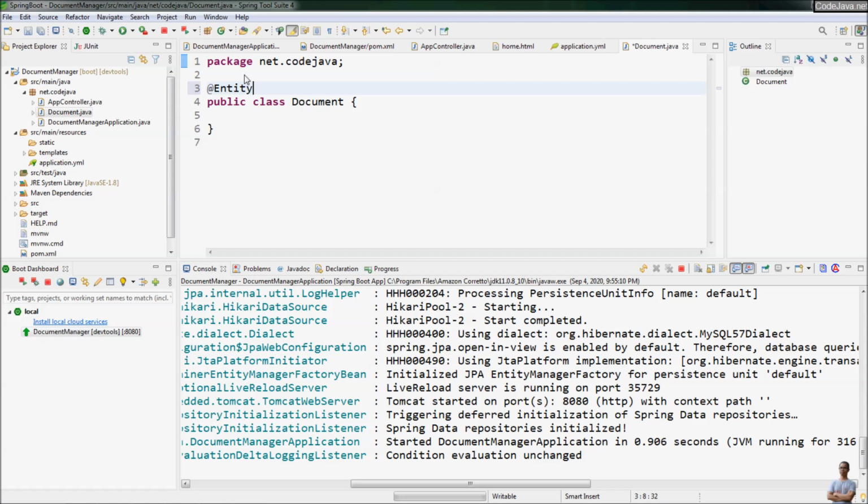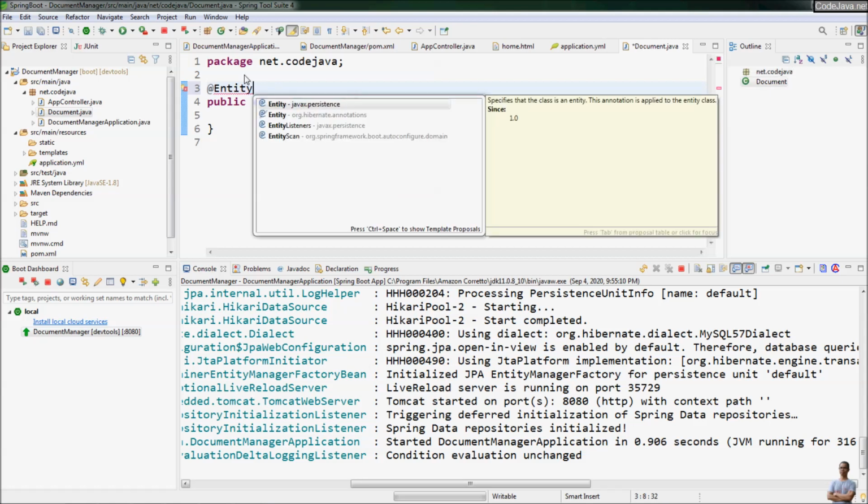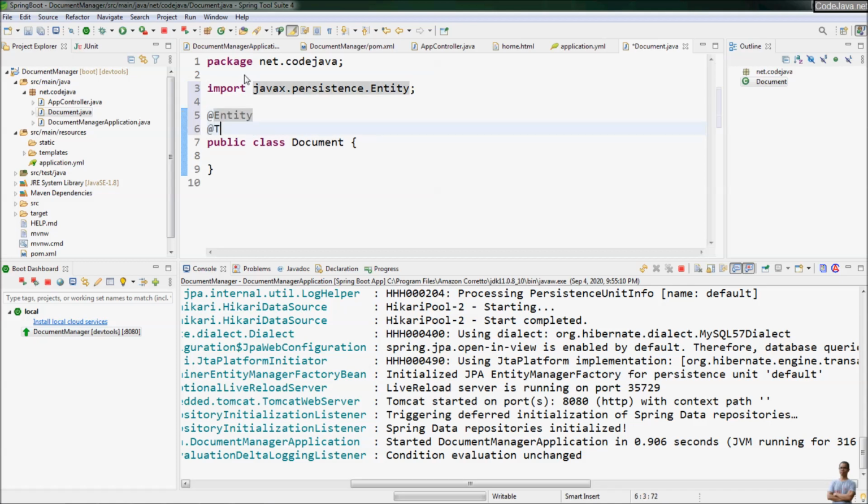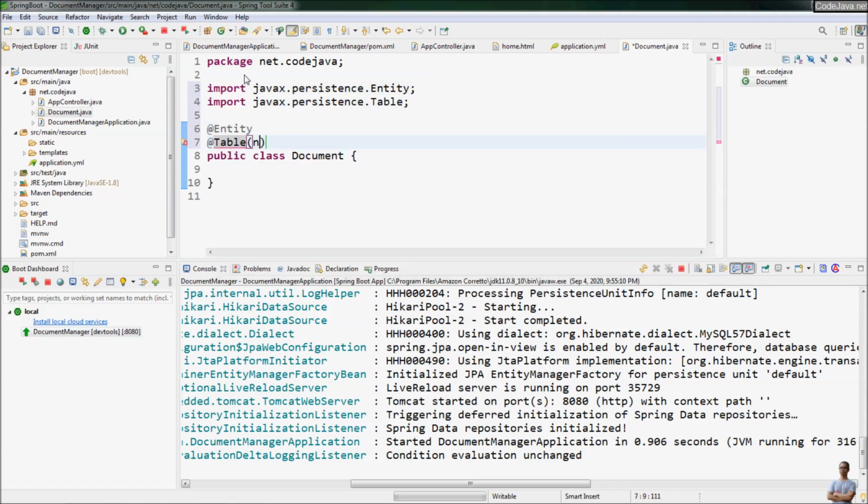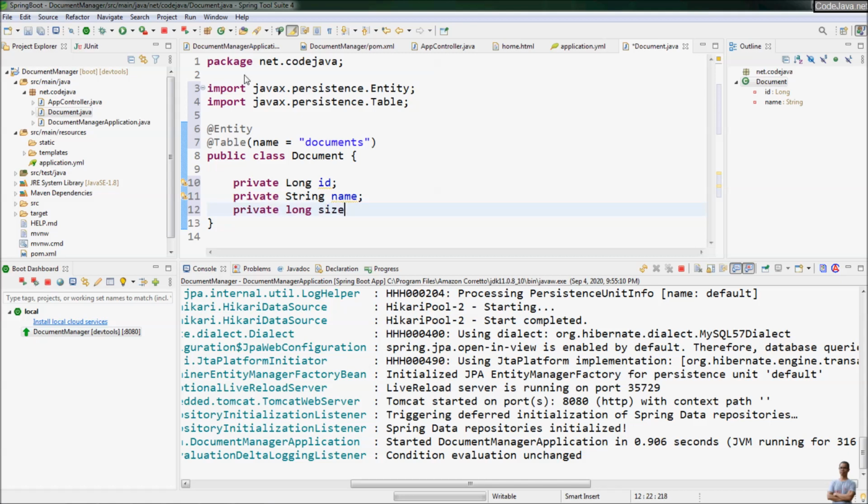So we use the Entity annotation from javax.persistence here and specify the table name is documents, and we declare some fields for this entity class. Long id is the ID of the document, and name of the file uploaded, and size of the file uploaded,